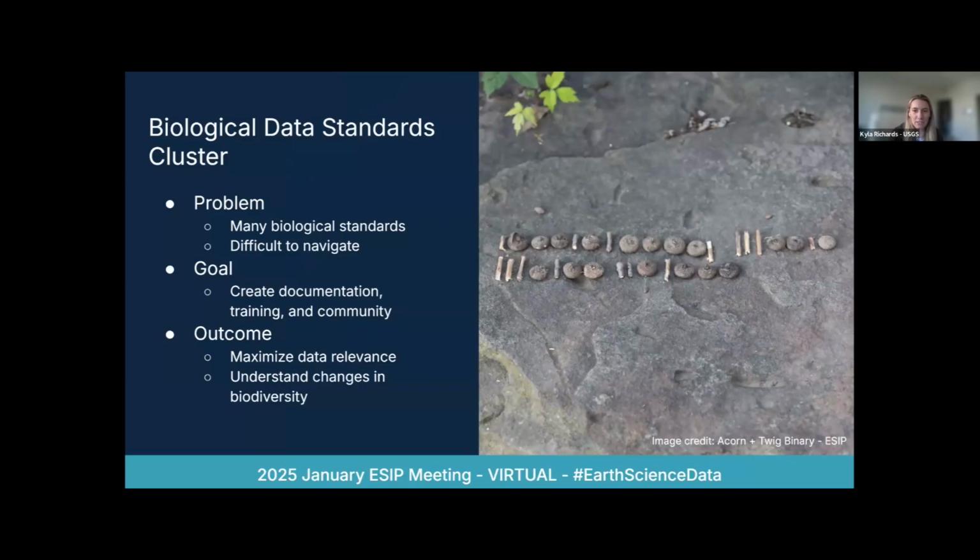There are several standards that exist for biological data, but there are different data, metadata, and taxonomic standards, which are often confusing for data managers and users in general to navigate. So our cluster thought that the biological data community could really benefit from guidance, and that led to the creation of our best practices document. And ultimately, the goal for all of this is to maximize data relevance to understand how biodiversity is changing over time.